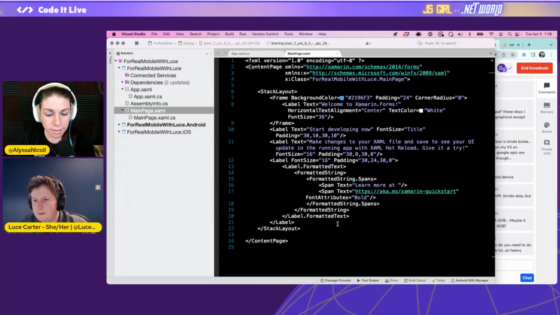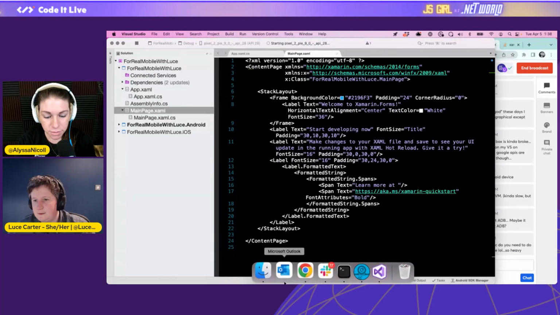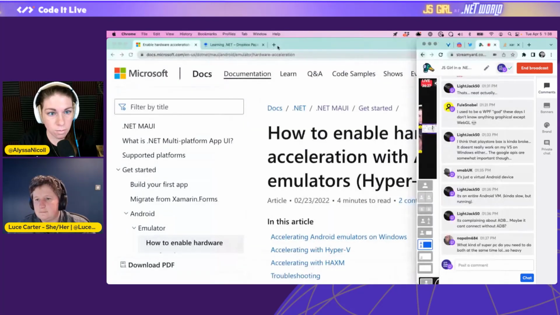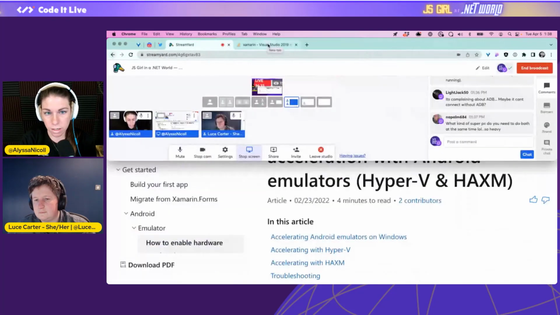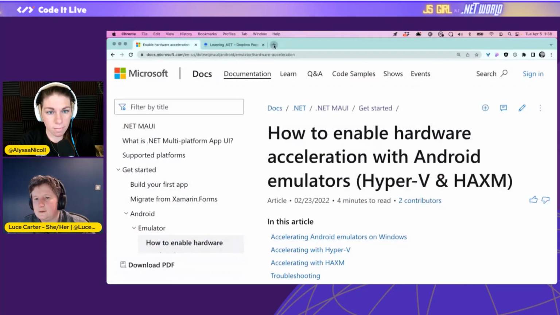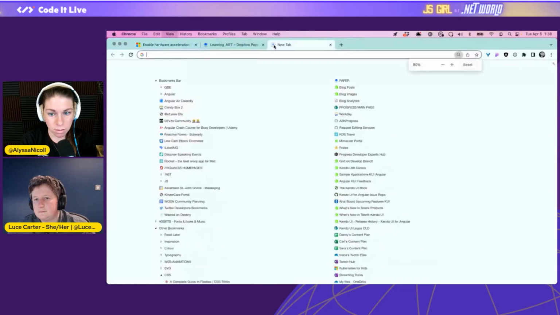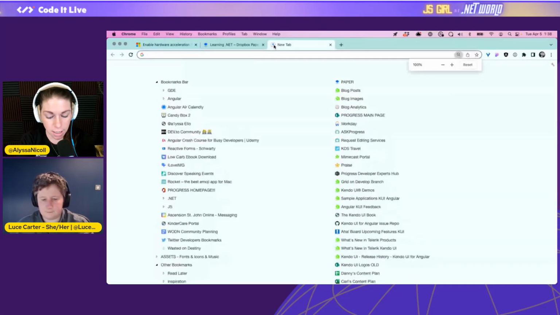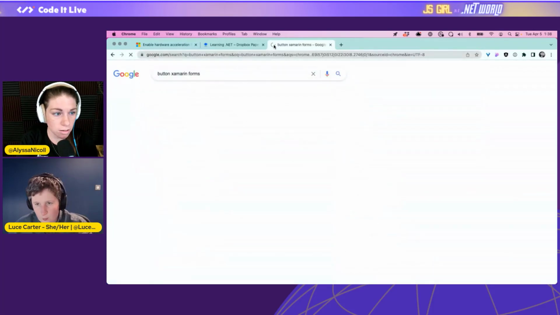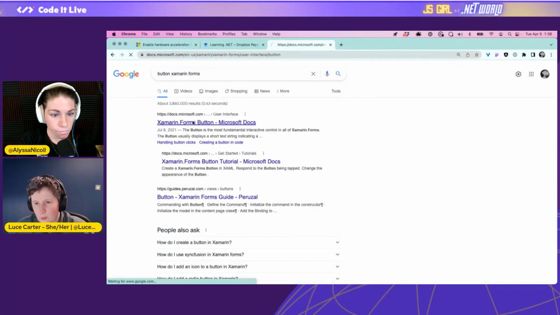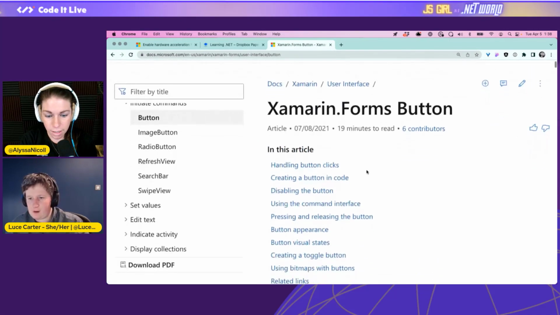Okay, so I want to make a button. So what I'm going to do is go here, we'll get there. And while that's running, I want to, oops, that's not what I wanted. I want this one. Why are you being weird to me? I want to do this smaller. No, we'll just do this. And then say button Xamarin.Forms question mark. Is that this guy? And then